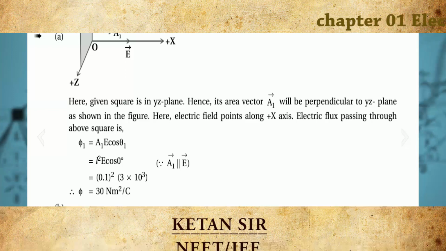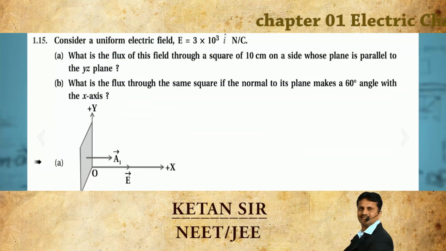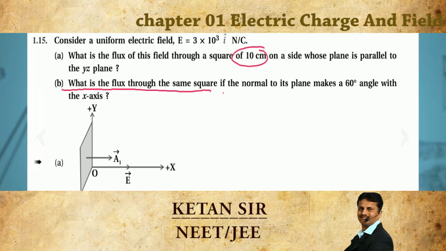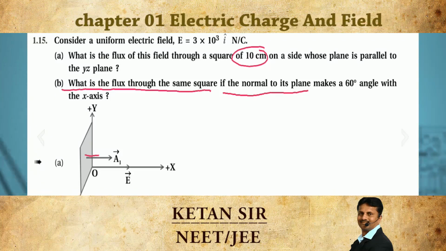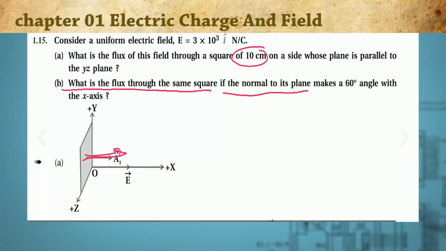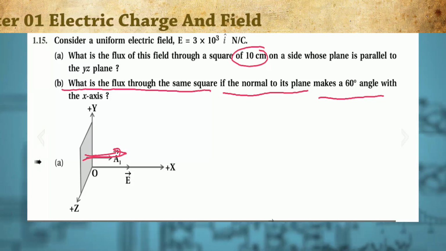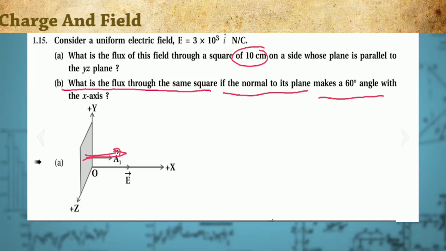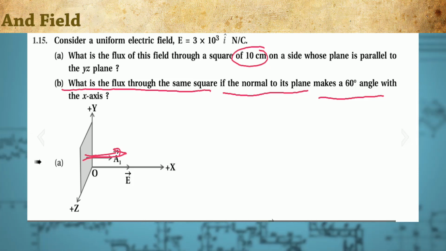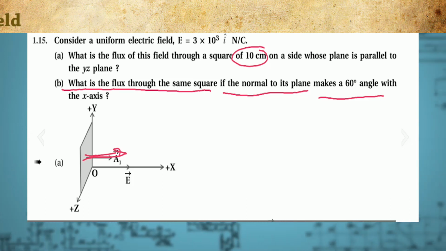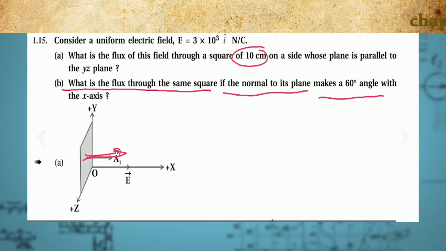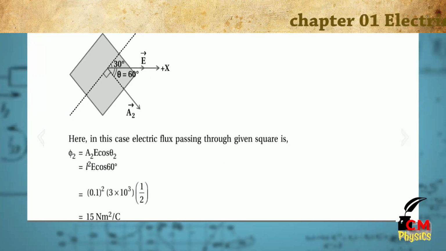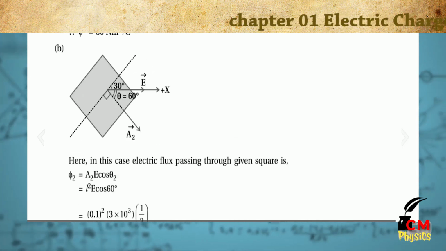The second part is very important. Inside the second part, what is the flux through the same square if the normal of the plane makes 60 degree angle with the x-axis? If you rotate the plane so that the angle between them is 60 degree, then what is the value of flux? Simply calculation, angle between the x-axis,